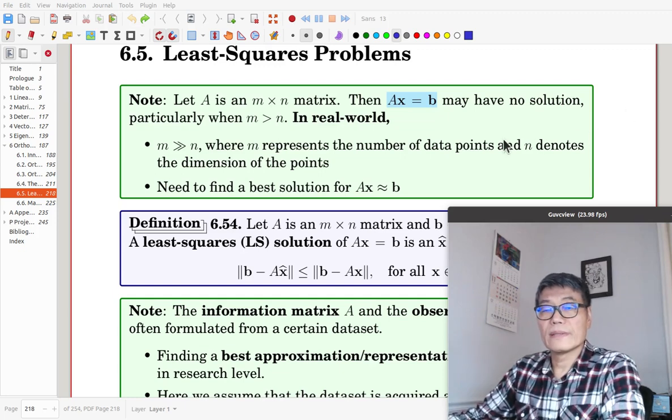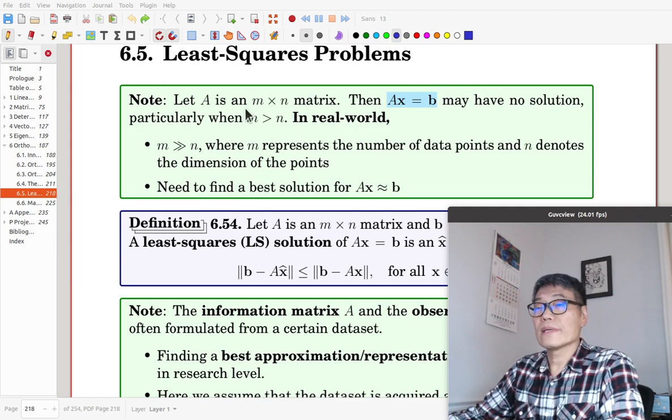It is section 6.5, least squares problems. In this section, we'll try to find a best solution for linear systems. If A is an m by n matrix, then Ax equals b may have no solution, particularly when m is larger